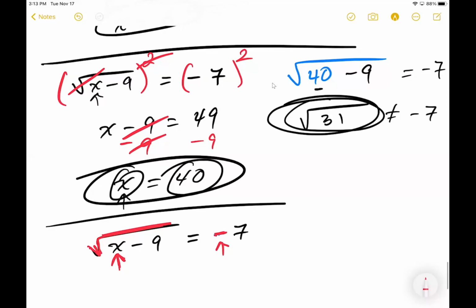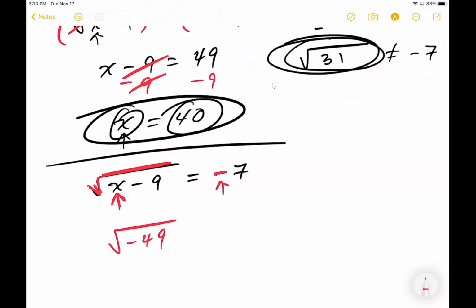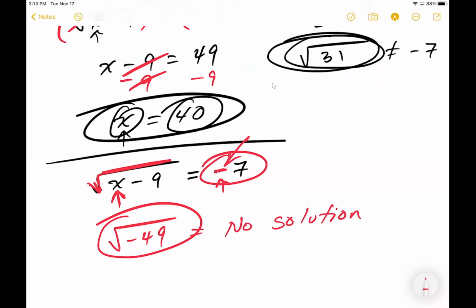Remember, if you remember in chapter 10.1, no solution, right? There is no way we can take a square root of a negative number, because a negative number, for now, we just say that is impossible. So as you can see, as long as you have a radical equal to a negative number, we say it's impossible. There is no chance that you can take a square root of something and it gives you a negative number. Okay, so